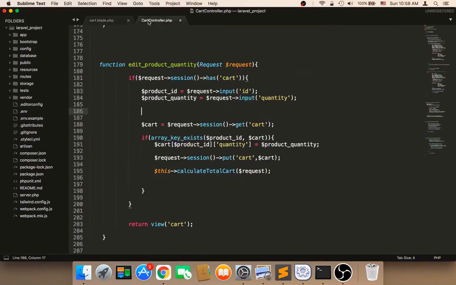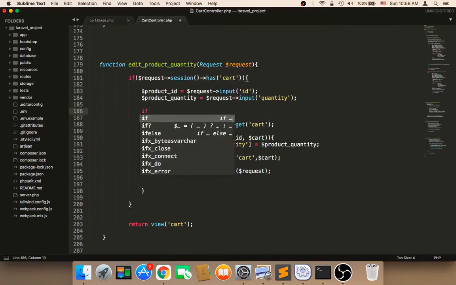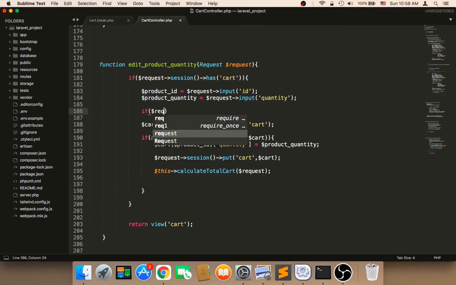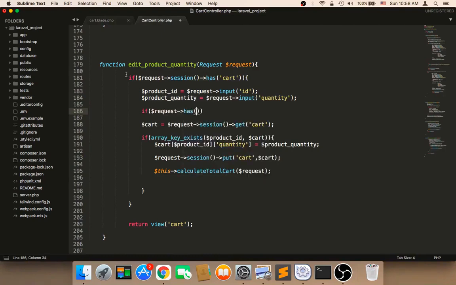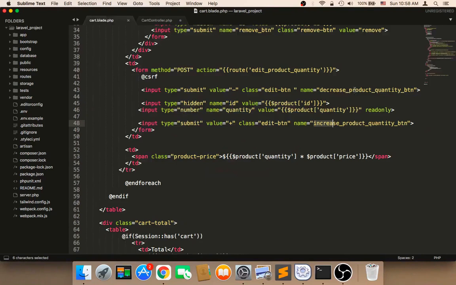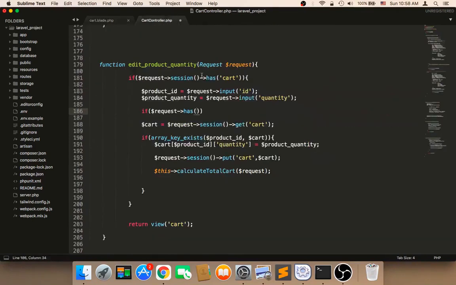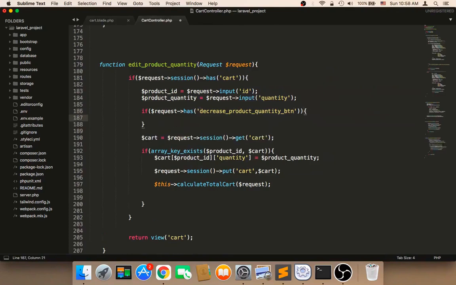And to do this, we need to add here an if statement. We need to say if the request has the decrease product quantity button, let me copy the name, then it means that this button has been clicked. This is why I told you the name is important. So if the request has decrease underscore product underscore quantity underscore button, it means that the decrease button has been clicked. Else if